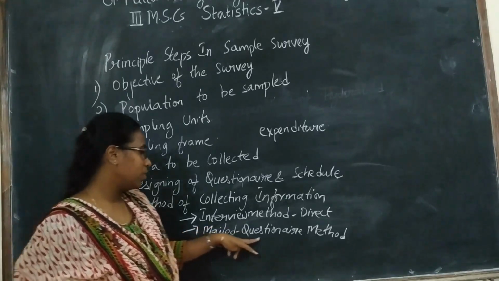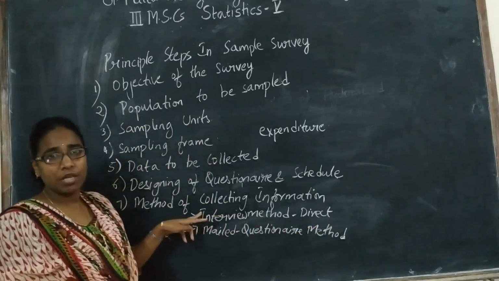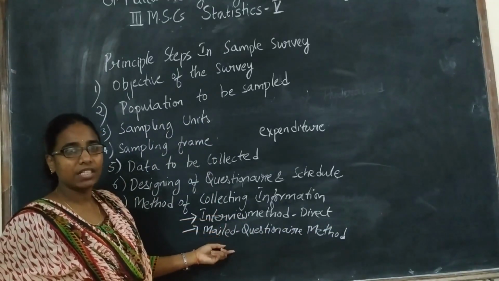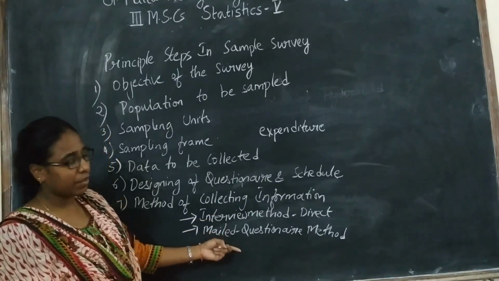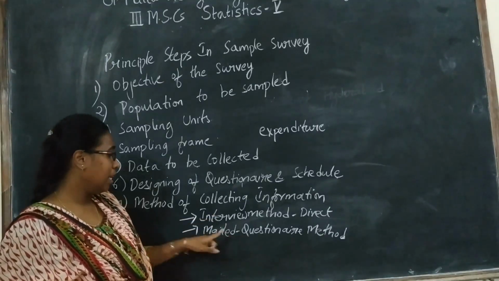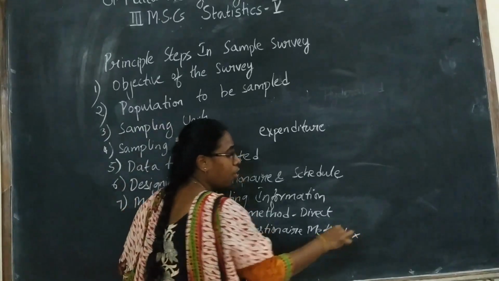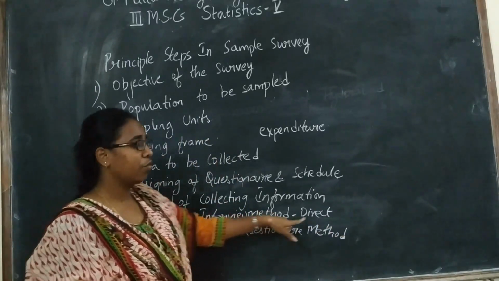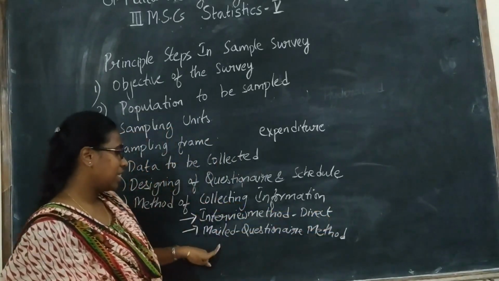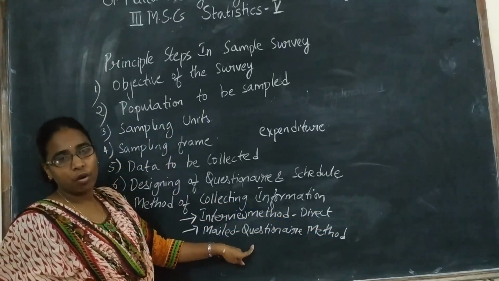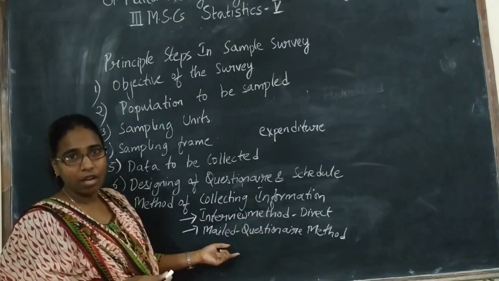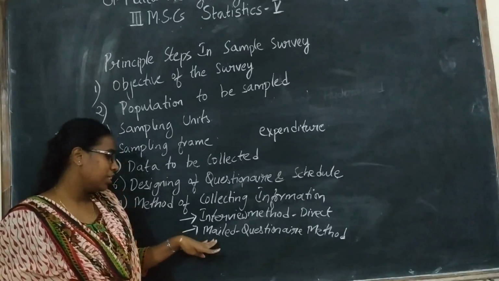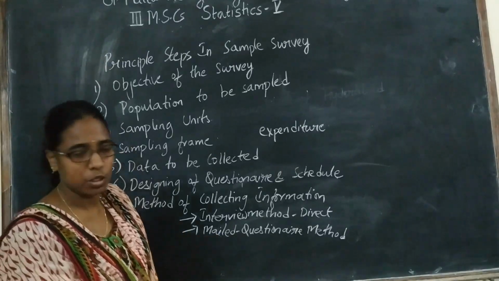The main drawback of the mailed questionnaire is that there will be some uneducated persons. They cannot read all the questions, and they may not have mail IDs. So in the case of uneducated or low-skilled people, the mailed questionnaire method is not suitable. Mostly the personal direct interview will be the most appropriate method, because in the mailed questionnaire method, a few of them may not respond. They may get the mail but not fill it. They just leave it like that, and it is not useful for uneducated people either.